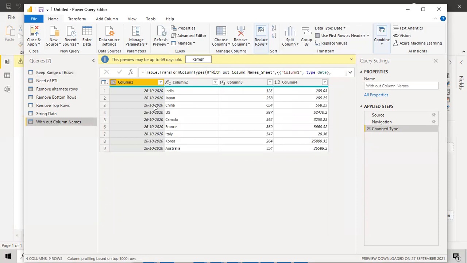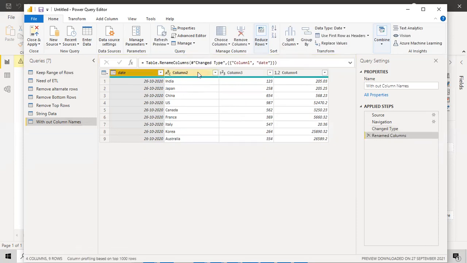And here, if you want to create column names, you can double click, and then you can write the column name, whatever it might be. That is the easiest way to do that. Once you do that, you can see the names will change, and then like rename. Like that, you can change it. Just double click that one, and then you can do that.